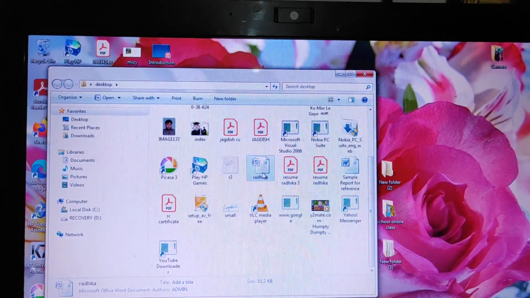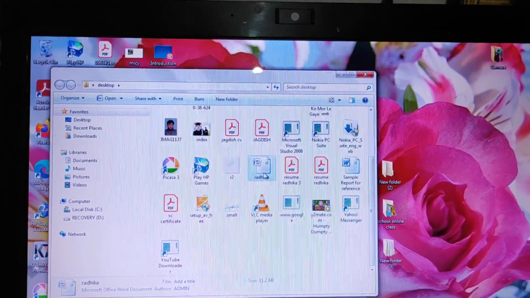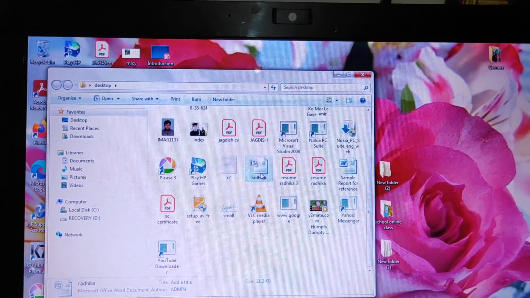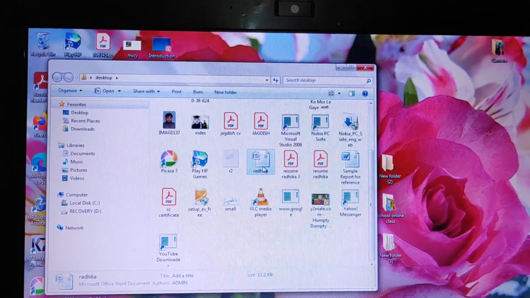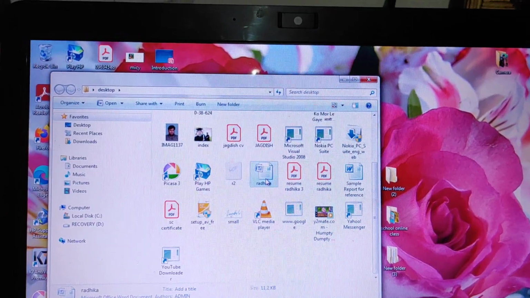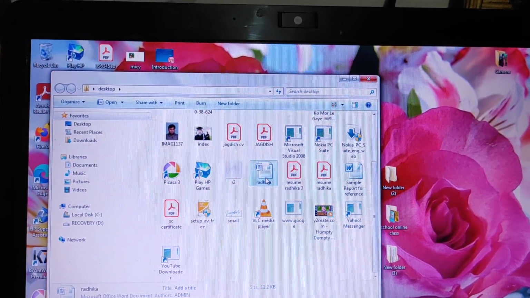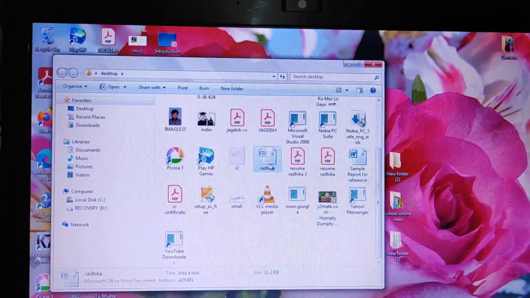Then how can you select multiple files? For that, open the folder containing files. It's already open. Then click the file you want to select. I want to select this one. Then press and hold down the control key. This is the control key, this one.